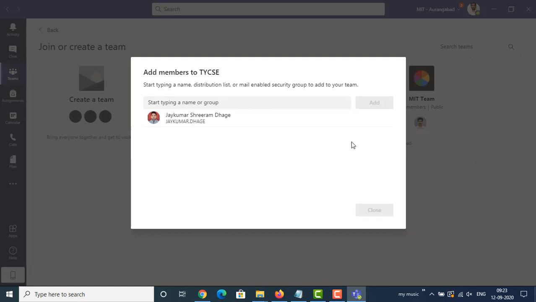So I have assigned the role of owner to Jay Kumar Dhage sir, and in this way you can add all your students and teachers in a team one by one, and then close.